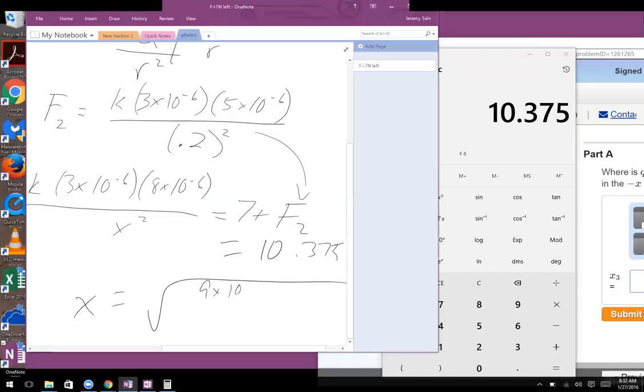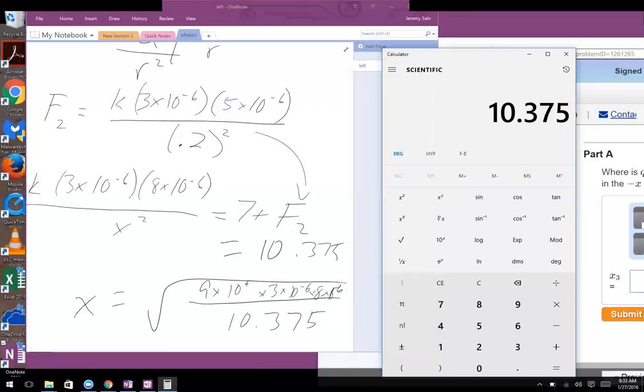So 9 times 10 to the 9th, 3 times 10 to the minus 6, 8 times 10 to the minus 6, over 10.375. I was just doing algebra in my head and thought, hey, it's early in the course, I should probably tell you when I'm doing algebra in my head. So that's the numbers, and then times 10 to the minus 3 divided by the